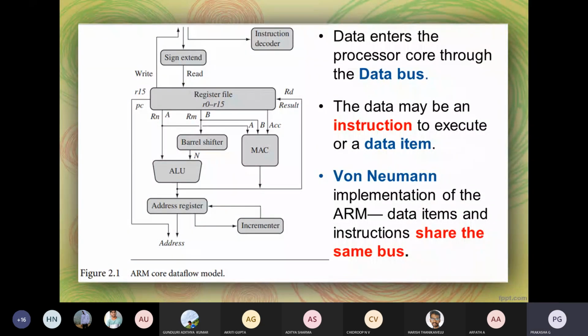But in Harvard architecture, there are two different memories and two different buses, one used exclusively for data, the other exclusively for instructions. Here in Von Neumann architecture, we have only one bus, and using that bus both data and instructions flow. Sign extend is one block where it will